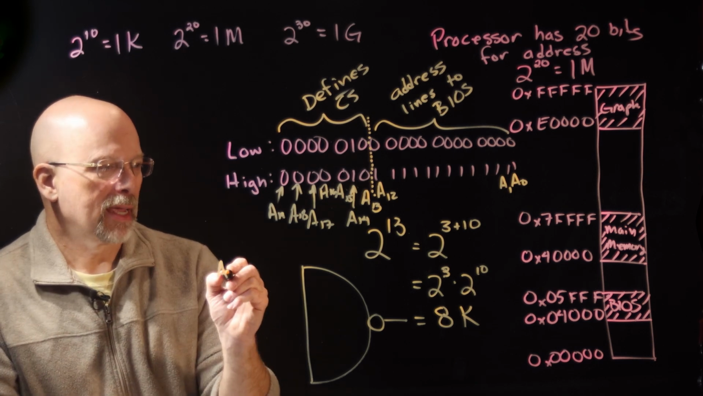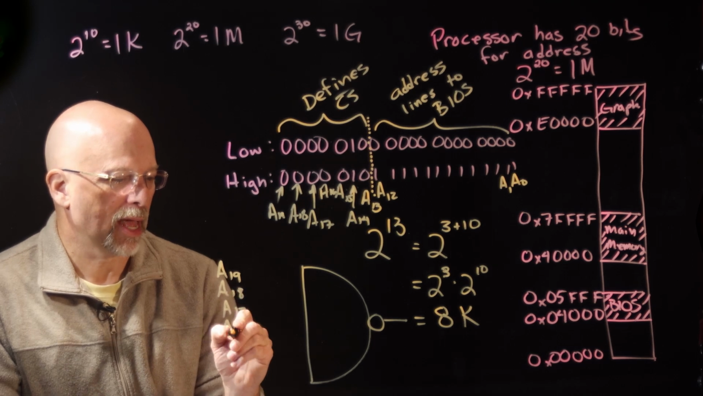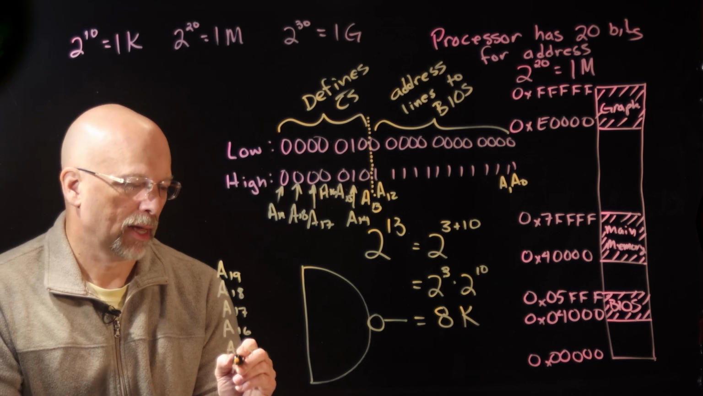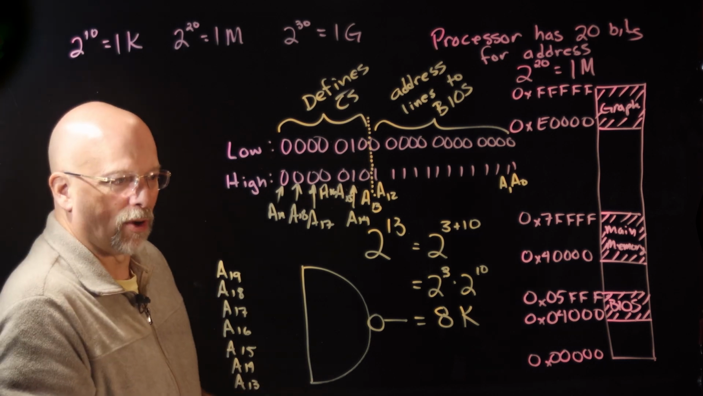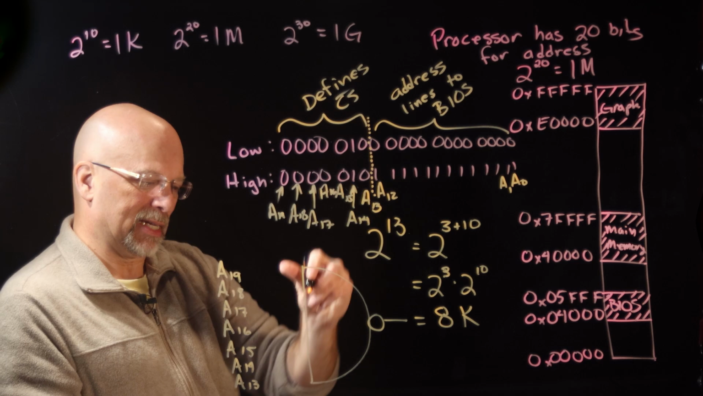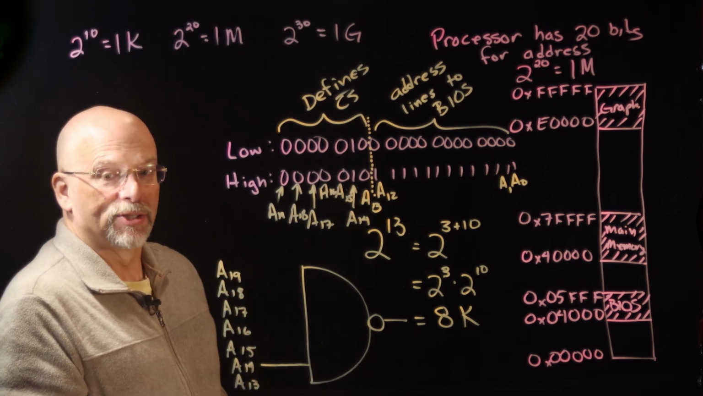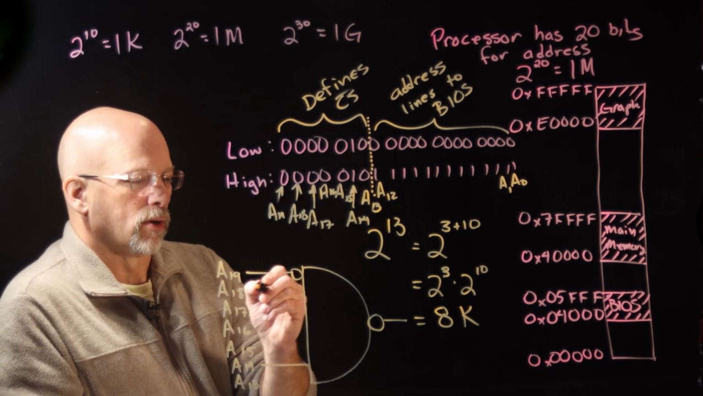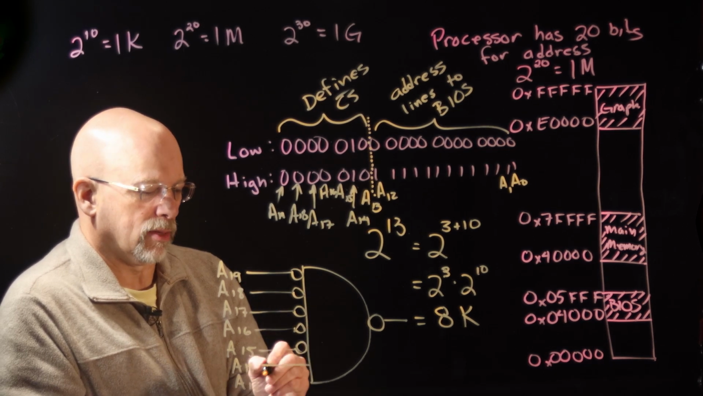So we've got A19, A18, A17, A16, A15, A14, and A13. All right, so there's all of our address lines. Now, A14 is the only one that needs to be a 1. Everything else gets inverted before going into this NAND gate. So we've got inverters for every single one of these guys so that the only thing that is going to